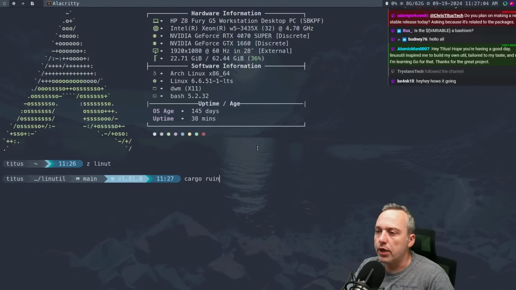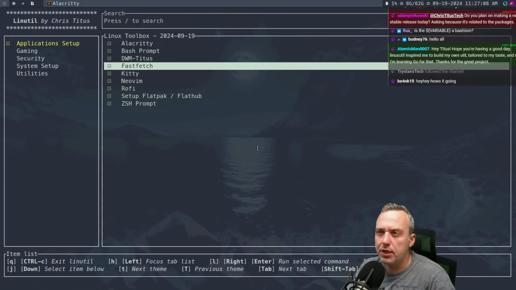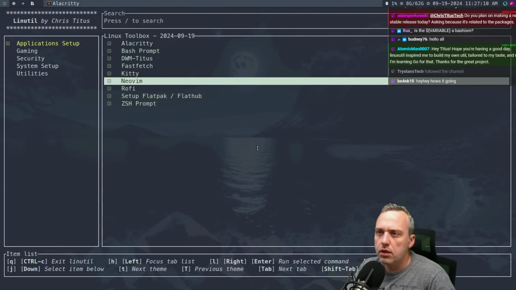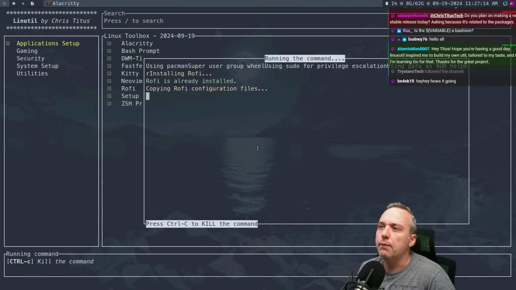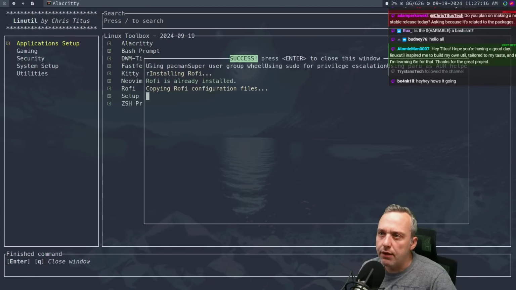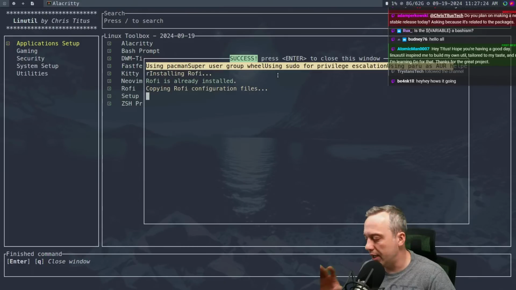Let's do a cargo run again. Let's see, what would give me a prompt? Probably, like, would NeoVim? No, probably not NeoVim. Let's try Rofi. Okay, right here at the top, we have an error. You see how it's not actually doing line breaks? So part of this bashism and another thing where I was like, oh God, I think I just got to